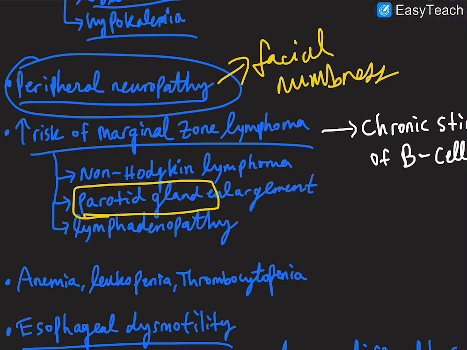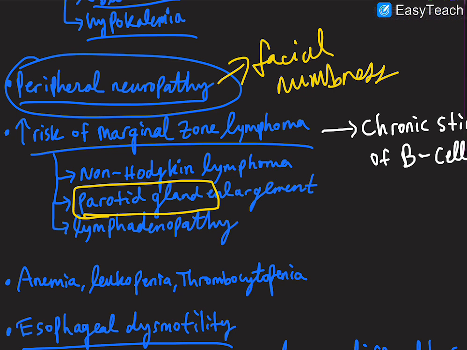Now, if you're continuously getting CD4 T cells that are infiltrating your salivary glands, what that can do is start to stimulate your B cells in your salivary glands. And if you continuously and over time chronically keep on stimulating your B cells in your salivary glands, they can start to form germinal centers like you'd see in lymph nodes. Okay, and